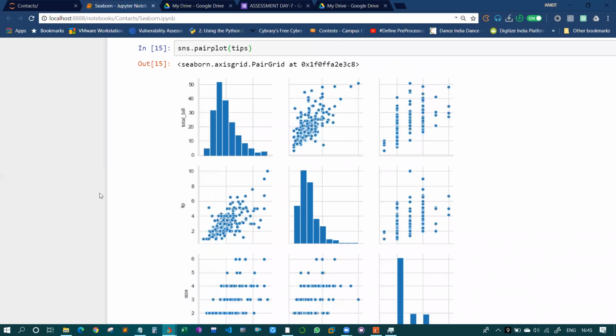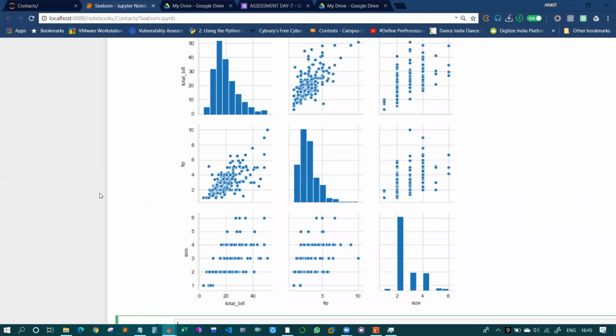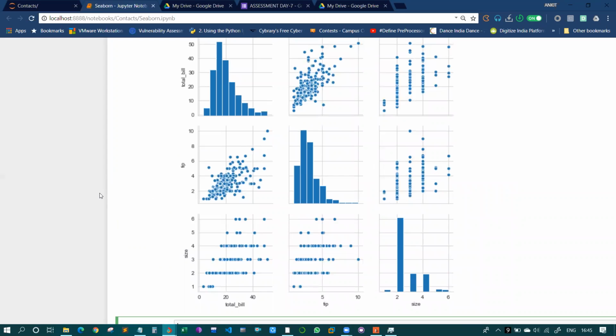Here you can notice one thing: diagonally we are getting a different kind of graph, while on the others we have scatter graphs. Why is this happening? Just zoom in on your screen and see why diagonally we are getting the histogram, not scatter. What is the difference in this diagonal pattern?